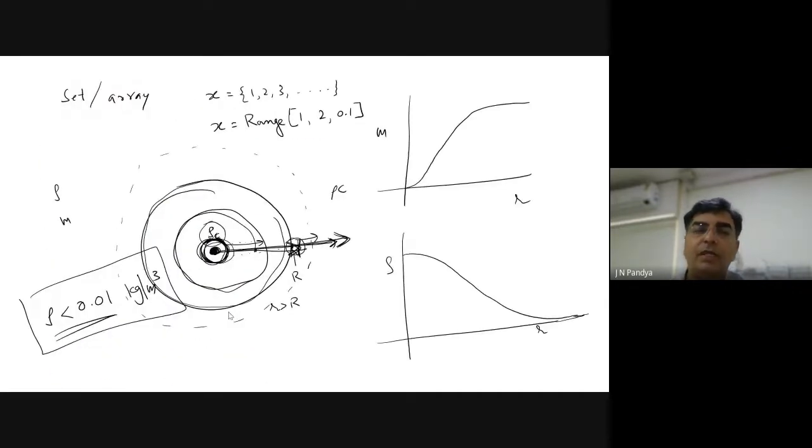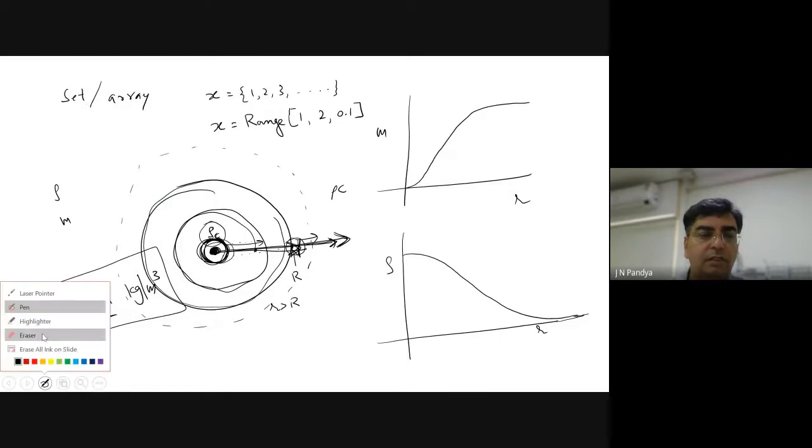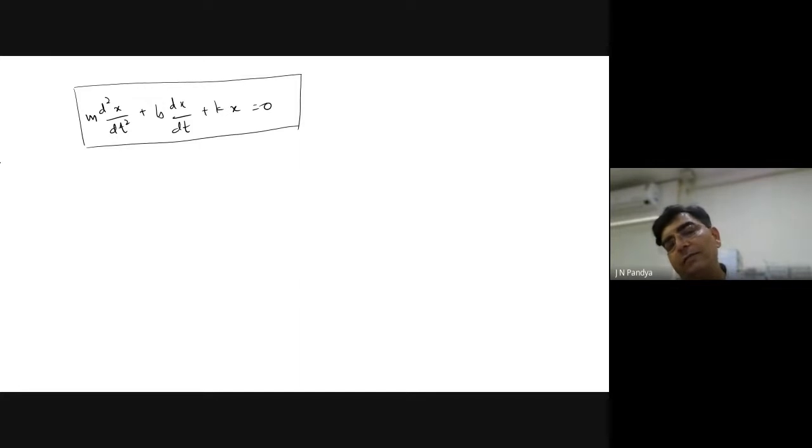Now, for example, let us erase this thing. Suppose you have got a harmonic oscillator, right? So I have m d square x by d t square plus b dx by dt plus k x is equal to 0. Suppose you have got this harmonic oscillator equation, which is a second order one. If I want to solve this using the same code, can I do that? That is the question number one. I want to use the same code for solving this equation.